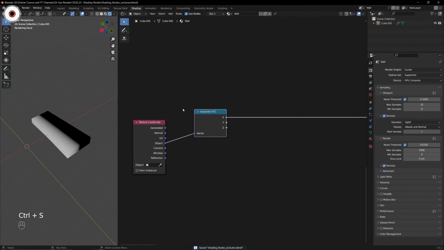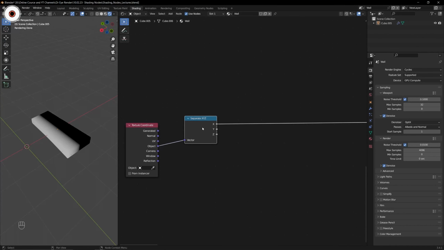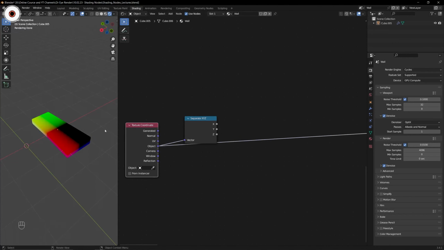If you had watched that video where I discussed the gradient texture, probably you get to know what the difference is between generated and object. Sorry for the fumble. So whenever we connect with separate XYZ, whatever we have over here, right, it will